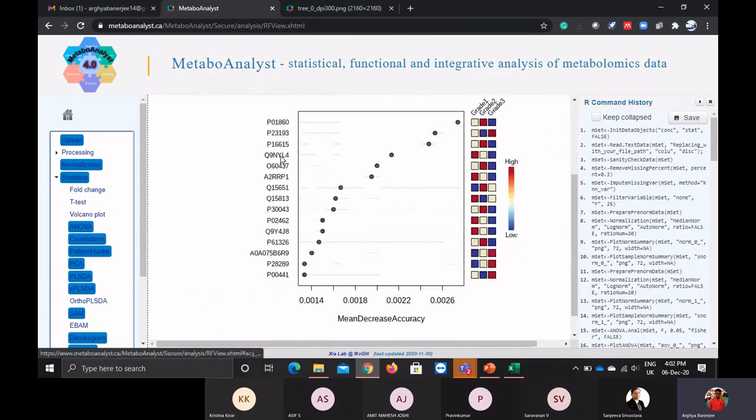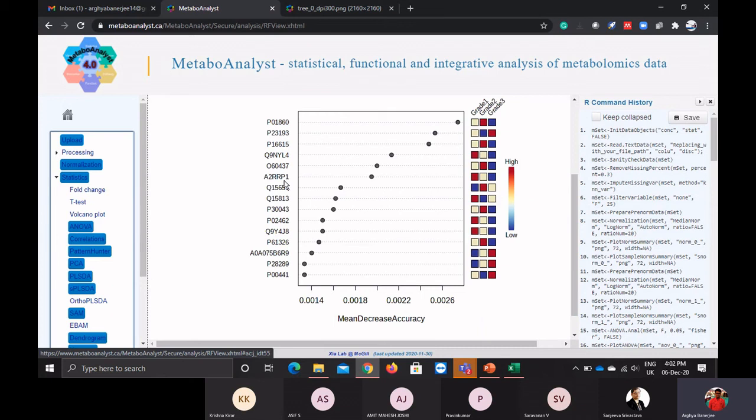So here you can go and analyze. This is the top 10 features which you want to explore. See, on the basis of their mean decrease accuracy, red is the highest one and blue is the lowest one. You can see grade 1, grade 2, grade 3. These are the distribution on the basis of the color. So here you can see the red is high. Suppose this is expressed highly in grade 1 as compared to grade 2 as compared to grade 3. Grade 3 it is lowest. So this feature is A2RP1.